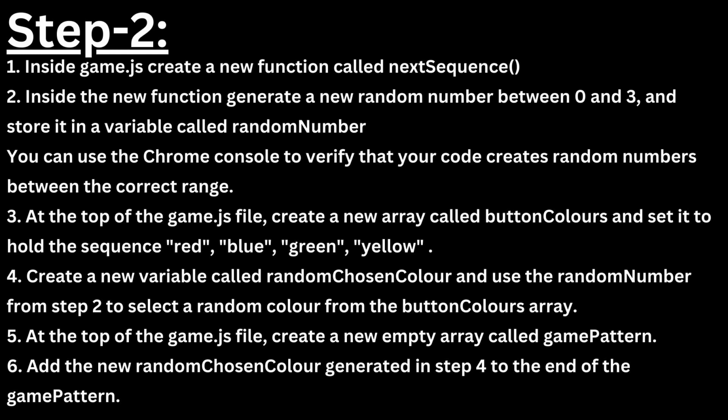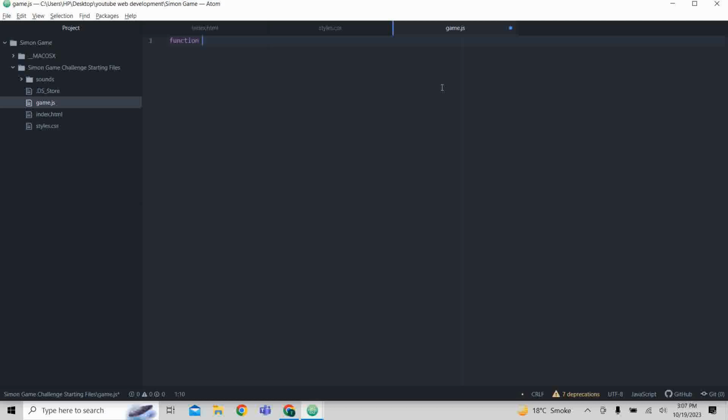Okay, so now we are going to proceed. So first of all, we will be creating a function with the name, for example, nextSequence, and there will be a variable named random number, and this is going to be equal to 4. So we want to create a